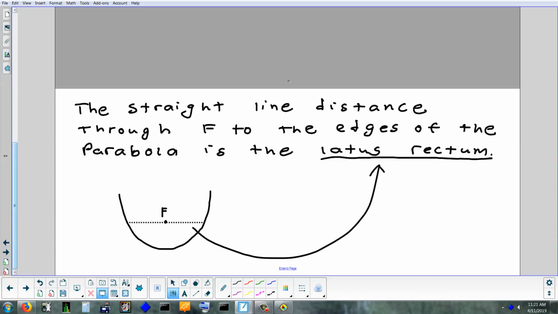Now, when you get a problem in the homework, if it says to find the directrix, find the focus, say which way the parabola opens, and find the latus rectum distance, anything that the packet asks you to do with latus rectum stuff, you can ignore. You don't have to do anything with it. All that it really means is finding the length of something. It's not that hard to do, really. If you know these 2 points, you can figure out exactly how far apart they are. Just use the distance formula. But it's not something we're going to focus